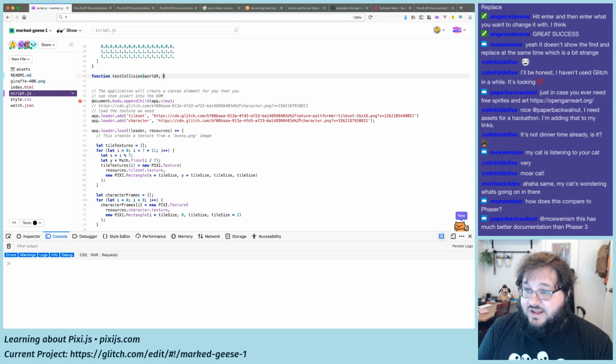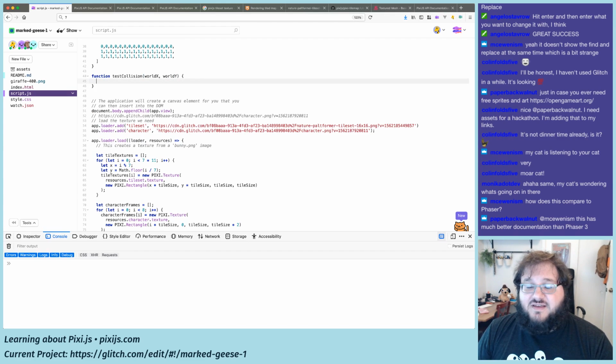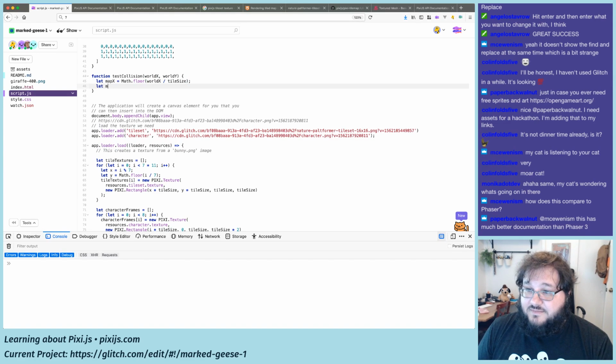And that's going to be world x, world y, which means the world I'm going to use to refer to the fact that this hasn't been divided by our tile size yet. So map x equals x divided by tile size, and that's going to be floored. Right. And we're going to say let map y equals